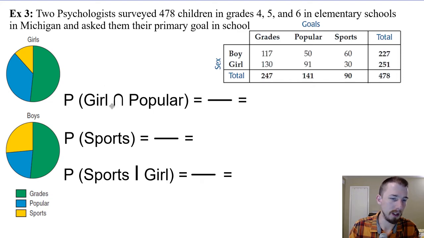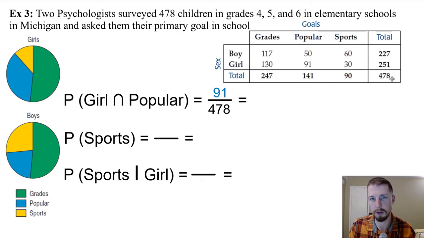What's the probability that you were a girl, and so intersection, and you were most interested in being popular? So what's the probability a girl intersect with popular? So popular and girl intersection is going to be 91. So it would be 91 out of everyone, which would be 478. Okay, because it's not a conditional probability, it's just out of everybody. So out of all the people interviewed, what's the probability that you were a girl interested in being popular, which